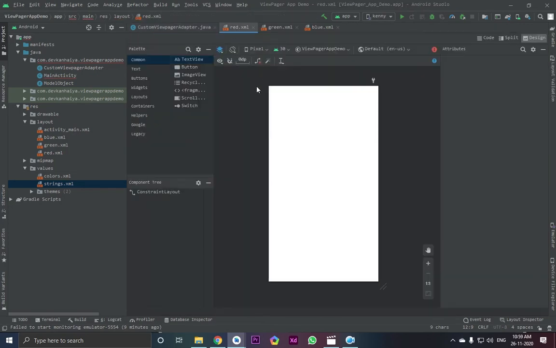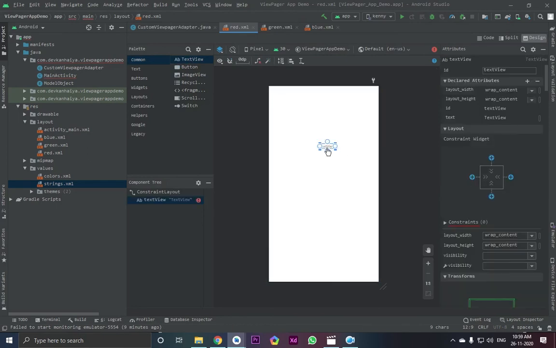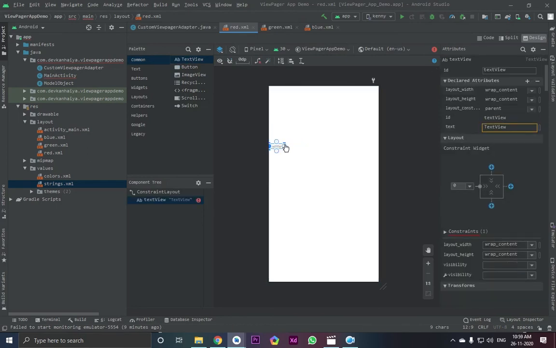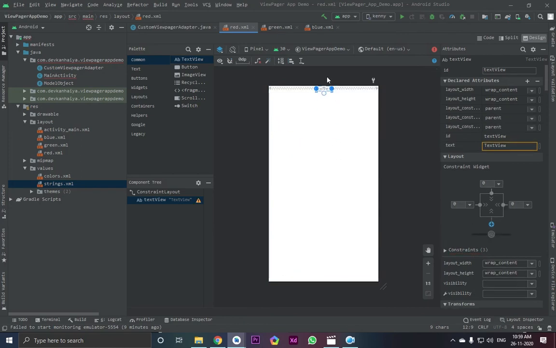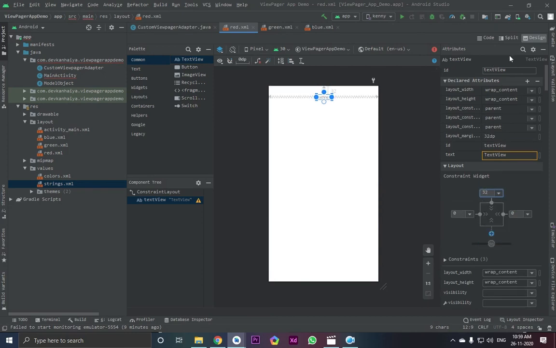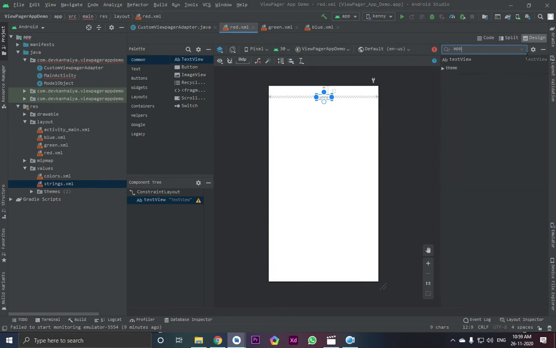So now we are going to be using text here. Now constrain this text from all sides. Let's give it a top margin of 32. Let's search here for appearance. Click on this theme file. Now we need it here large.